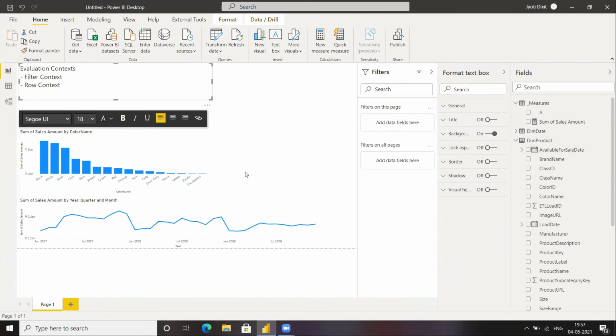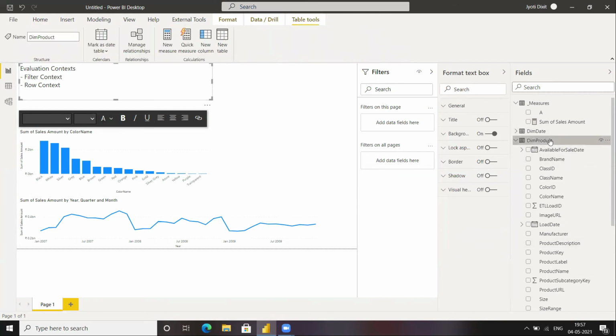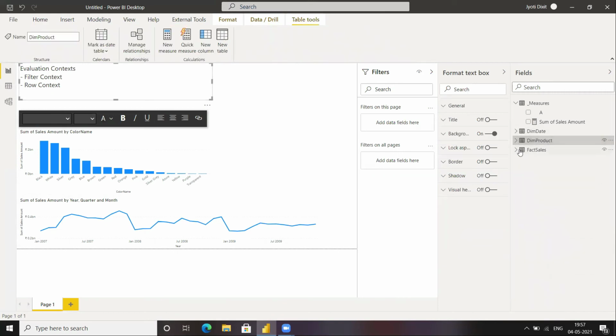I just told you how the flow occurred from when I applied the filter over here. The dim product got filtered. Once dim product got filtered, it was able to filter fact sales also. Now, the sum of sales amount will